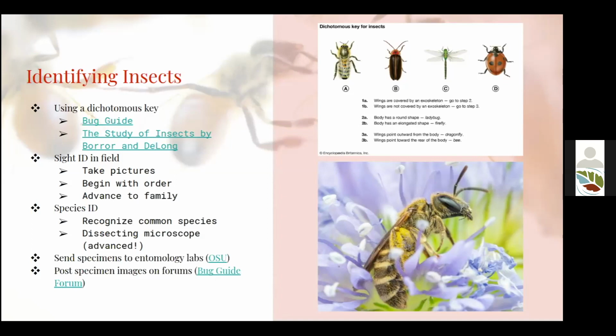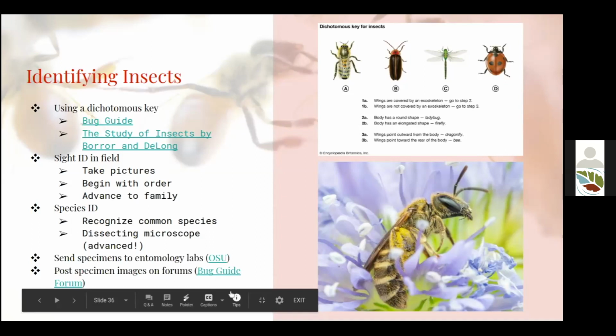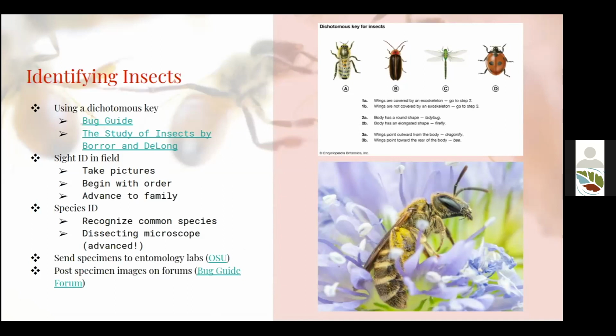I already talked about posting images on forums, but if you're getting really into this and you're starting your own insect collections and you're getting closer to species identification, something you might want to invest in is a dissecting microscope. It's a pretty advanced practice, but it's incredibly rewarding and fun to get that microscope and really start noticing all of the tiny differences in morphological characteristics between bees, like the size of their cheek or whether they have a third toe or anything like that.